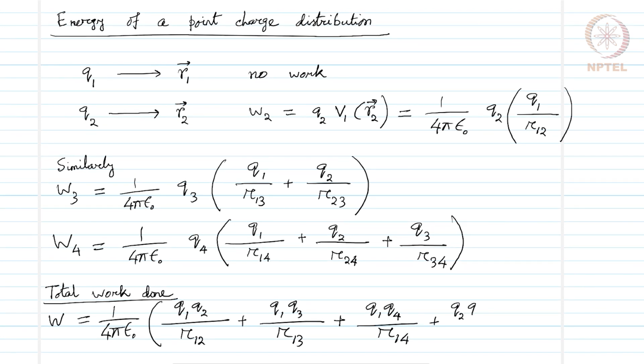plus Q2 Q3 over R23 plus Q2 Q4 over R24 plus Q3 Q4 over R34. This would be the amount of total work done in order to make this assembly of 4 charges. And if we can now generalize for n point charges the total amount of work done in a summation notation, we can write